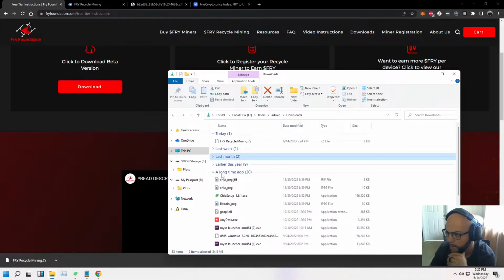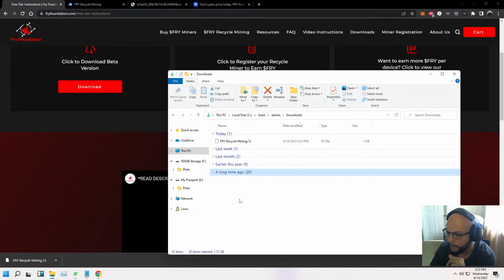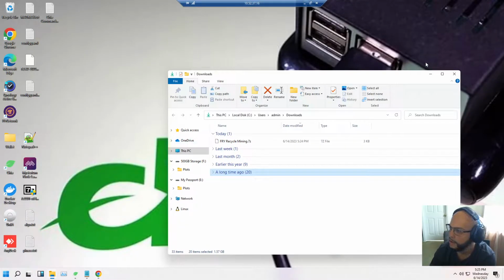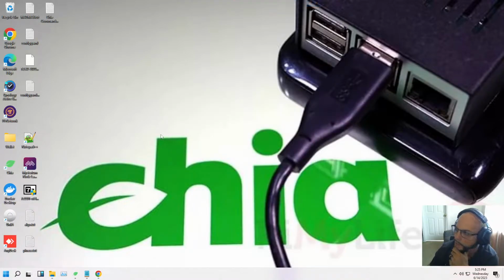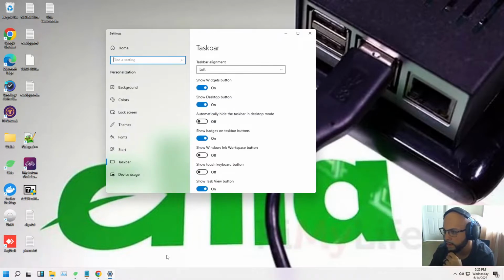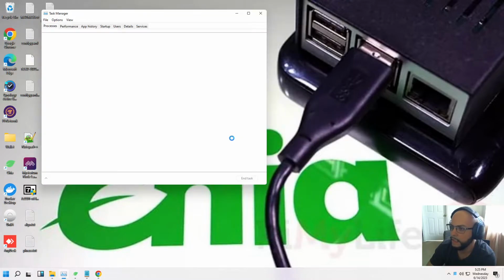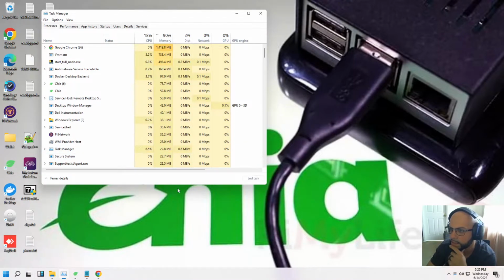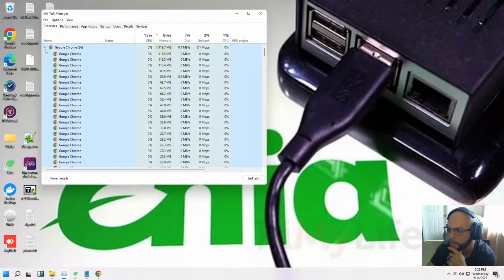This is also my Chia miner. Let me show you real quick what else I have on here. This is my Chia back, and I have a Mysterium node here. I have Docker with the Pi node on here as well. And this is just a simple Windows 10. Actually, it's Windows 11 now. I did upgrade. And even with all this running, the system is dying on memory